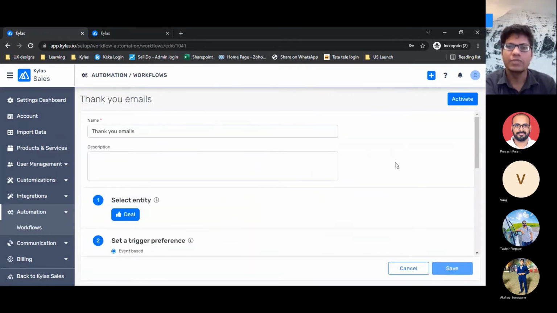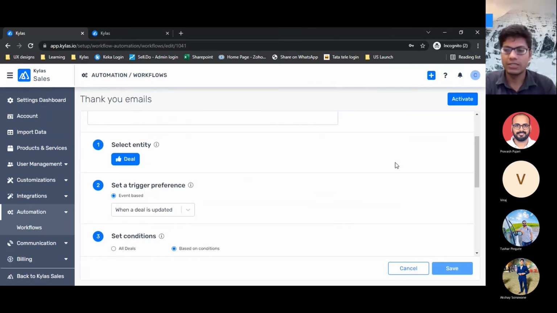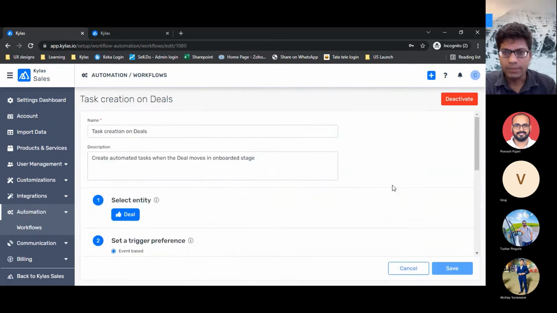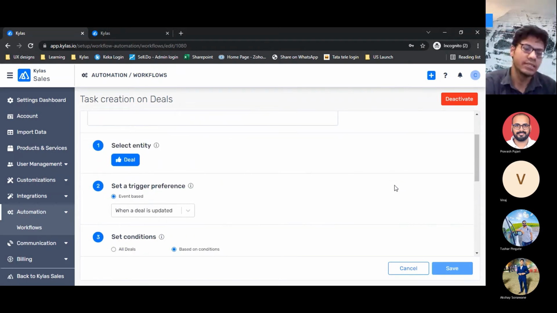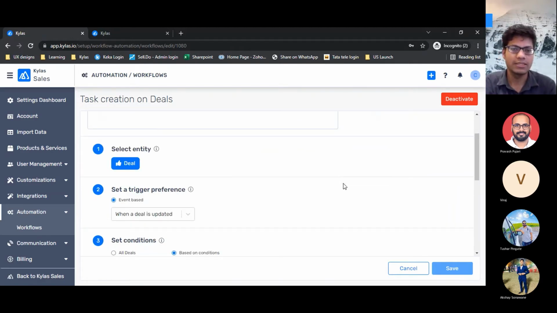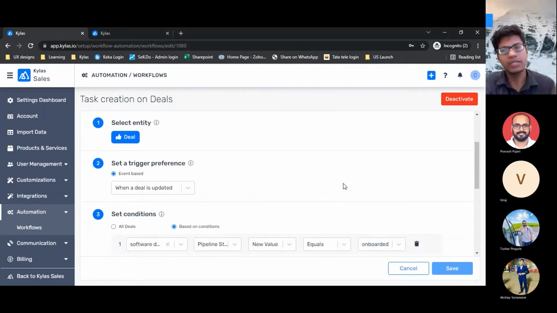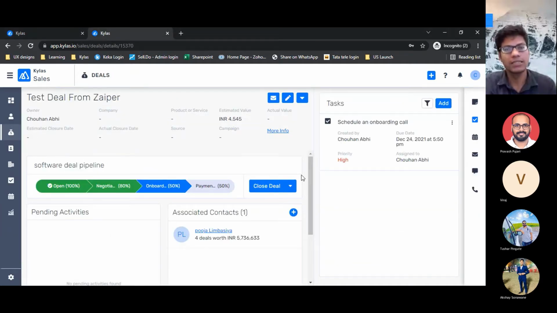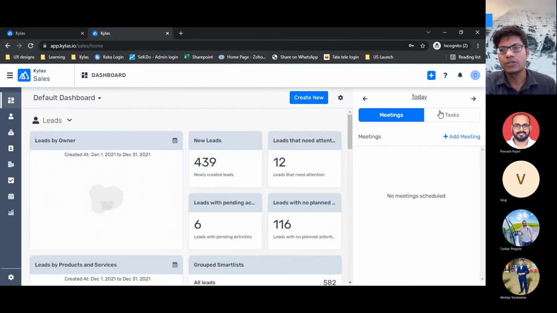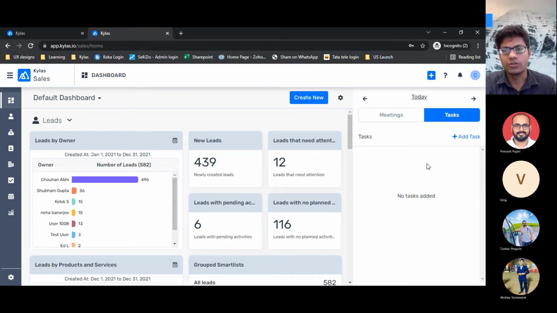Many times our sales executives or customer support team are supposed to perform certain actions based on different pipeline stages, and it becomes very difficult to track everything. So we keep writing such workflows such that the tasks keep creating automatically, the tasks keep assigning to the right user, and whenever that particular user logs in, the tasks are shown on the dashboard also.